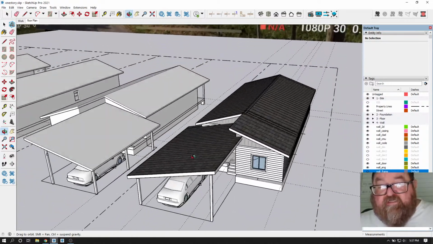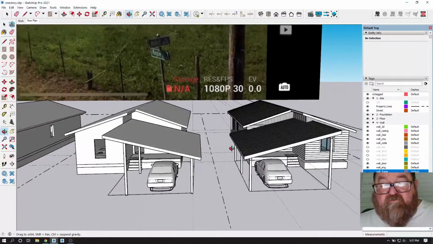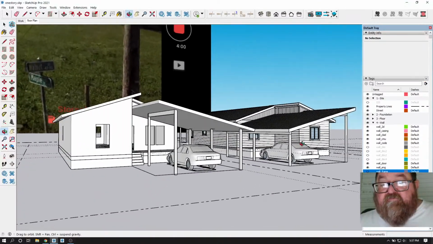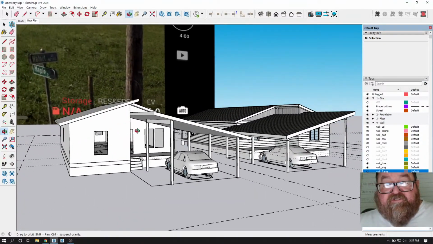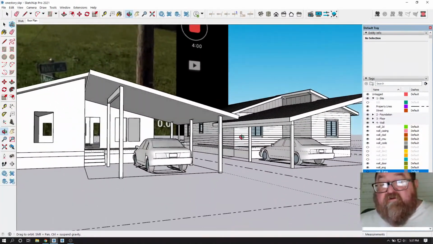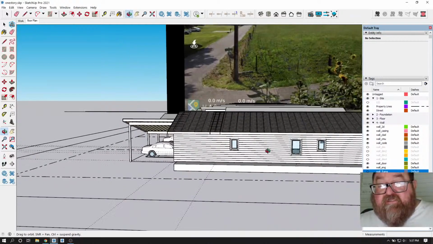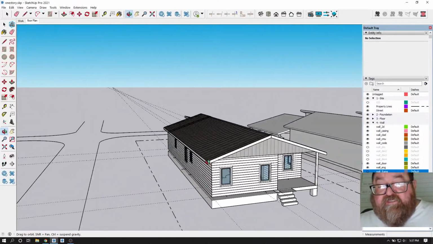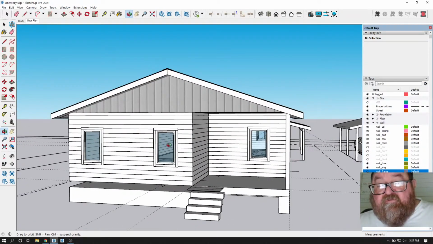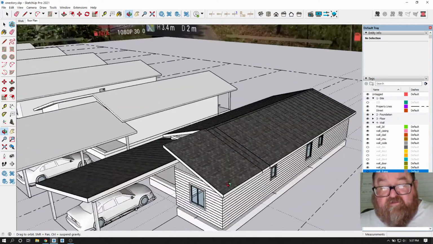So we went from, now the owner can start to get a better feel. Instead of this schematic look here I did in the beginning, we can start to talk about the siding and windows, that kind of thing. And then once he is happy with that level, I go to the next level where I go and, like